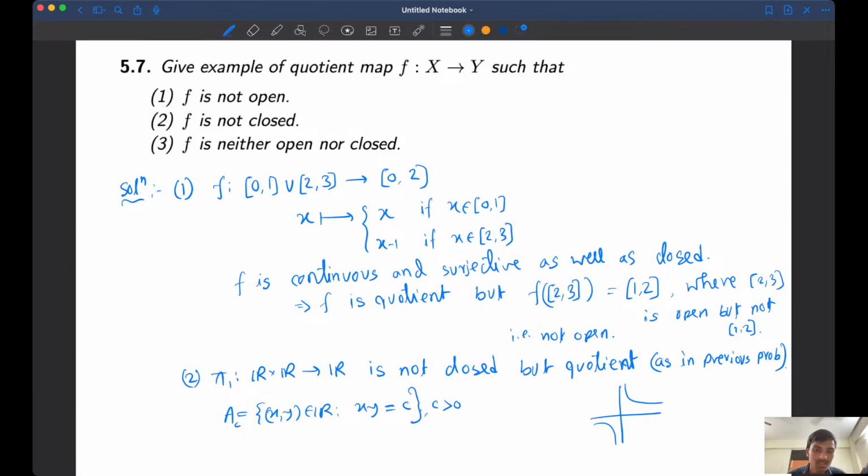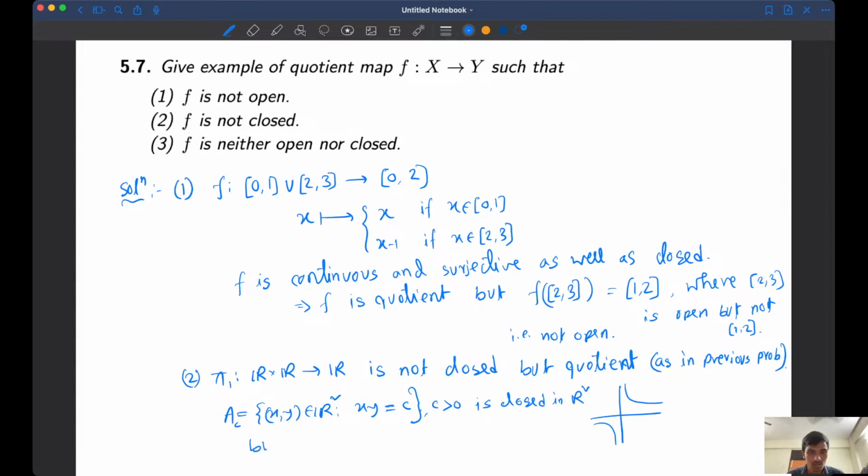This is closed because this is the inverse image of a continuous function. Can you say why this is closed? (x,y) goes to x times y, that is a continuous function, so the inverse image of a closed set is closed. So in this particular case I'm considering the singleton set {c}, so that is closed, so the inverse image of that thing is exactly A_c, so that's why it is closed. So A_c is closed in this R2,